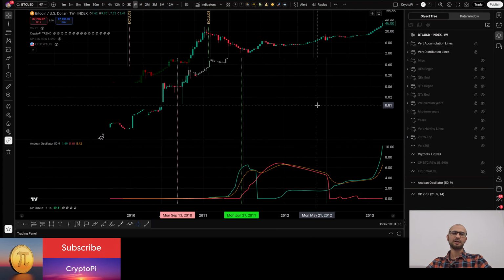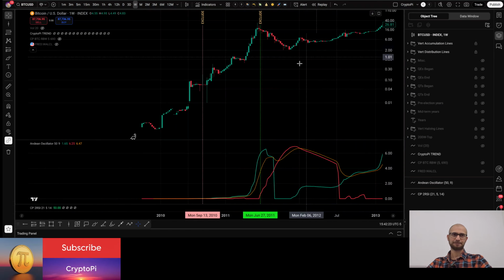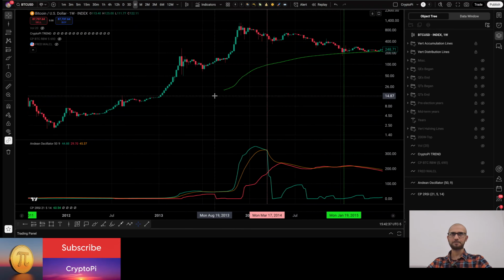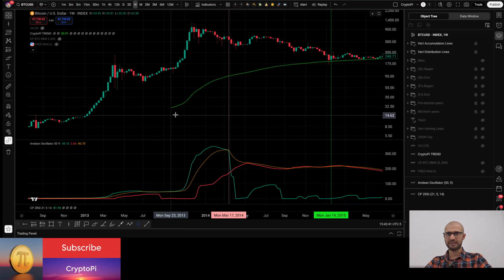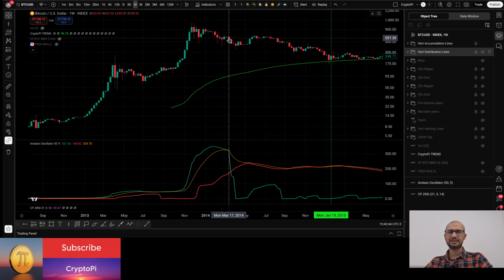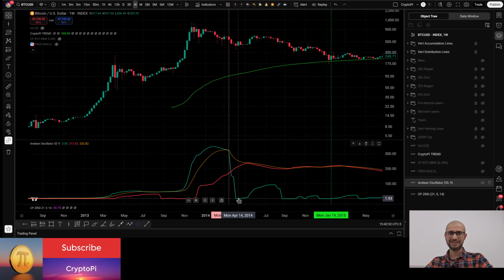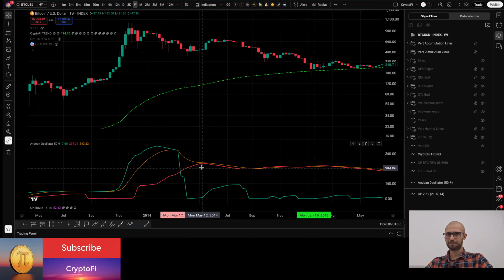Now, this happened in the first cycle, and we saw that this was a pretty long accumulation phase for quite a good number of weeks, and then another rally began. Over here in the cycle of 2013-2014, we see that in this distribution line, which has been marked, as soon as the price crossed, we saw the drop in the bullish component. It's very clear that the bearish component had been rising, and now it took over the bullish component. Though we did not have a confirmation of the bear market,